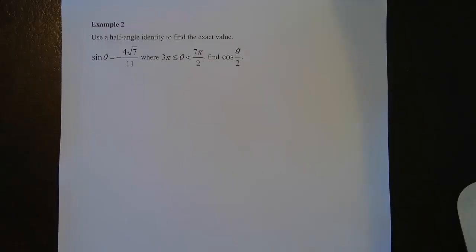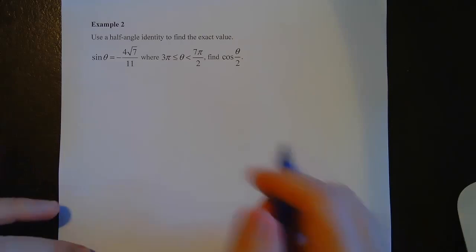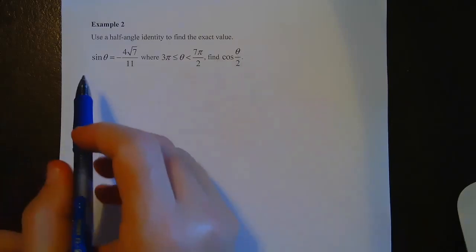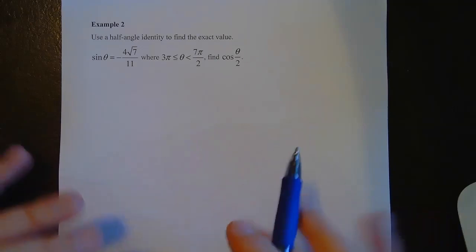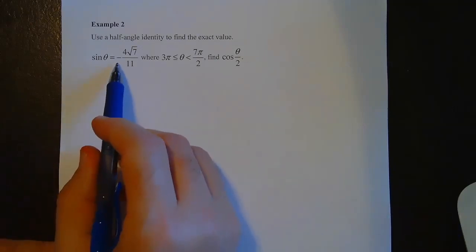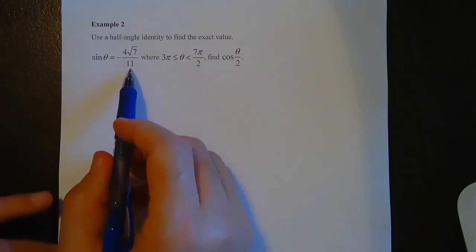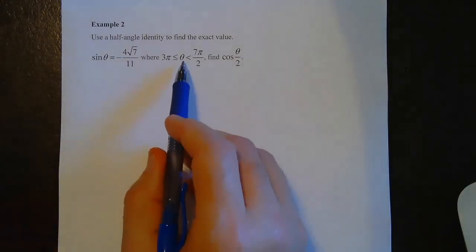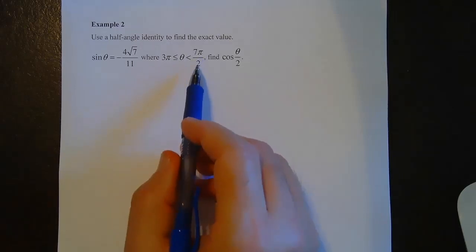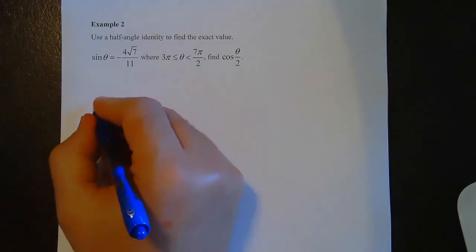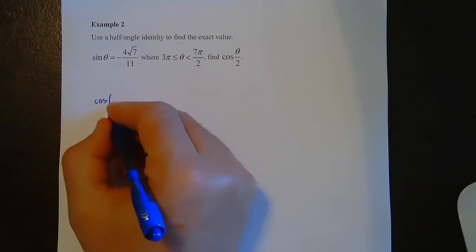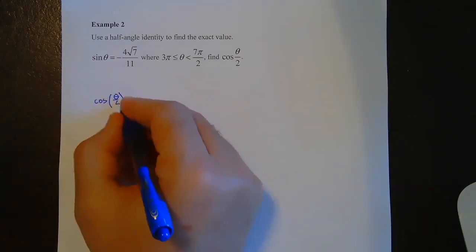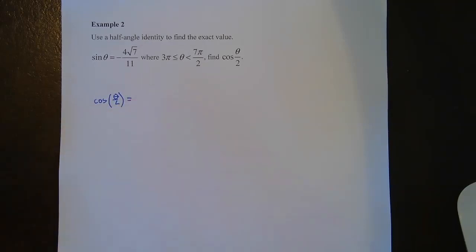Use a half angle identity to find the value. So I want to find cosine of theta over 2, but I'm not going to give you theta or theta over 2. I'm just going to give you sine of theta is equal to negative 4 square root of 7 over 11. Now, I am telling you that theta is between 3 pi and 7 pi over 2. So to find cosine of theta over 2, that's going to equal